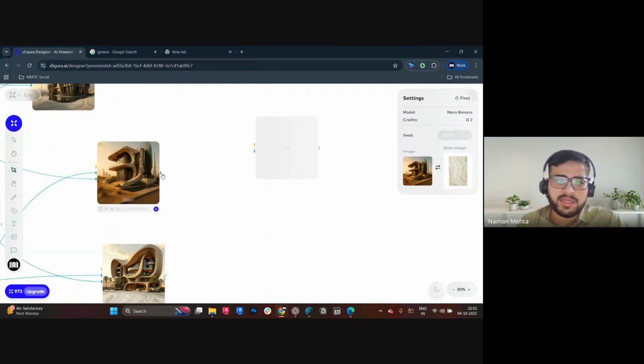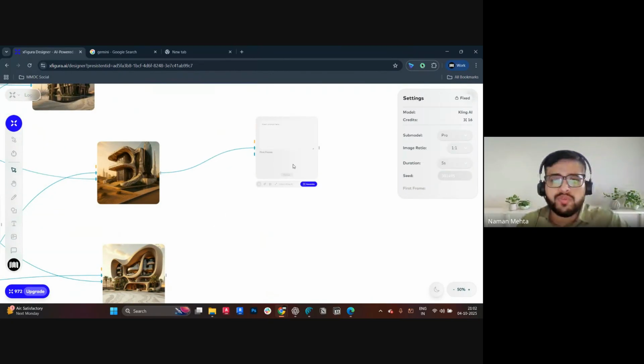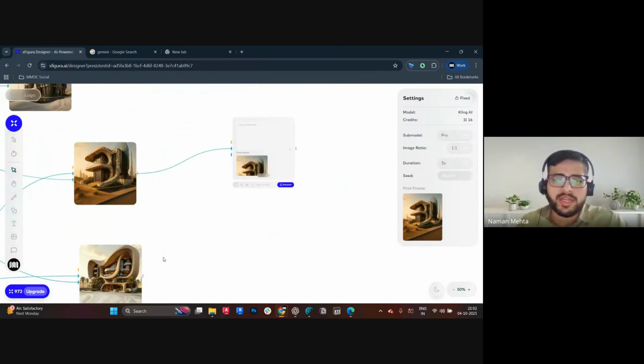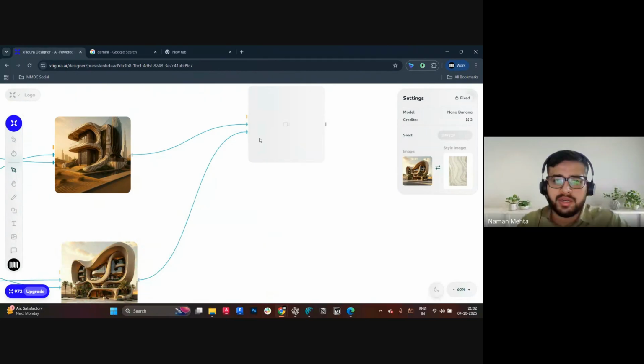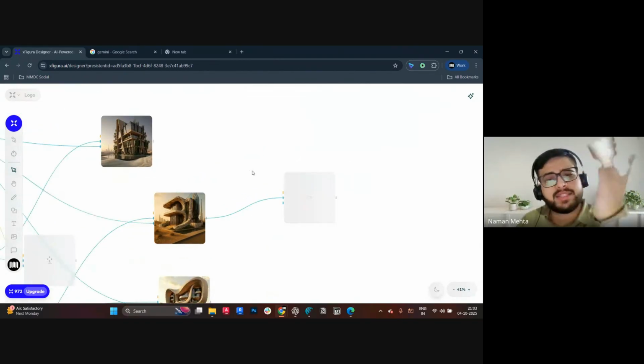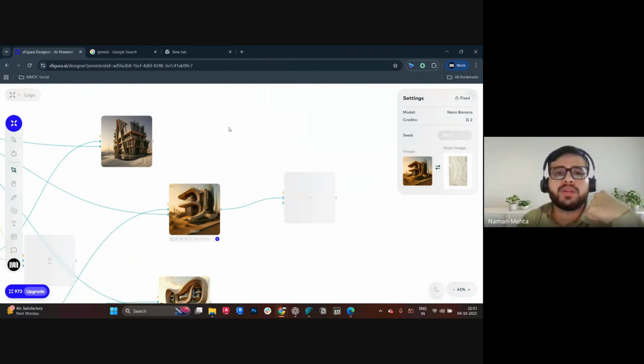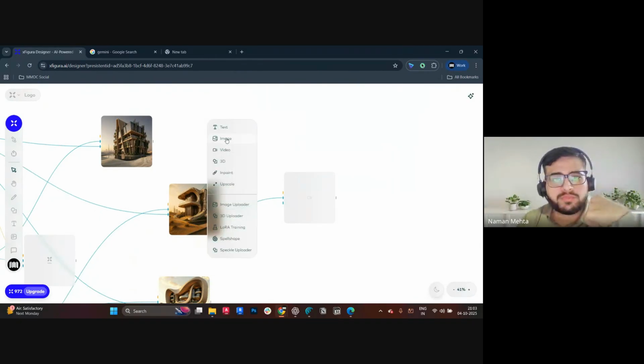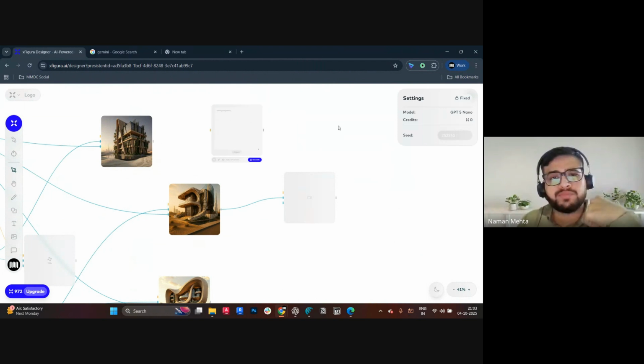So let's attach this. We have the first frame. We can also add another image for the second frame, but let's remove it for now. Let's not complicate it. And let's add a prompt, right? So I click on text and I'll say